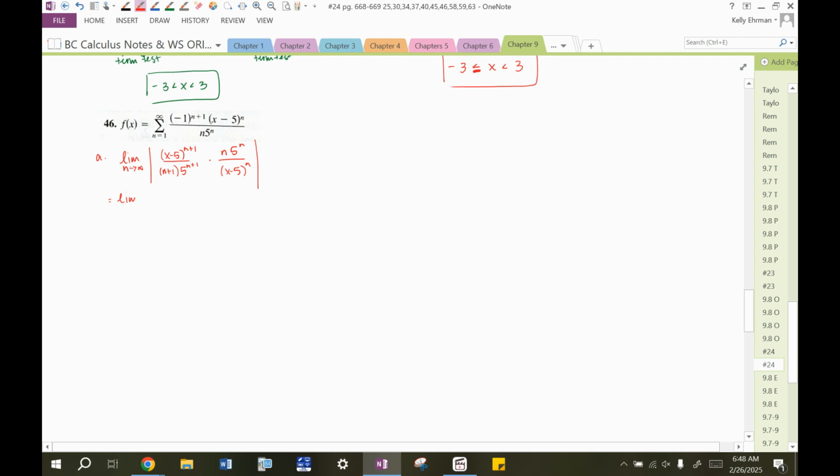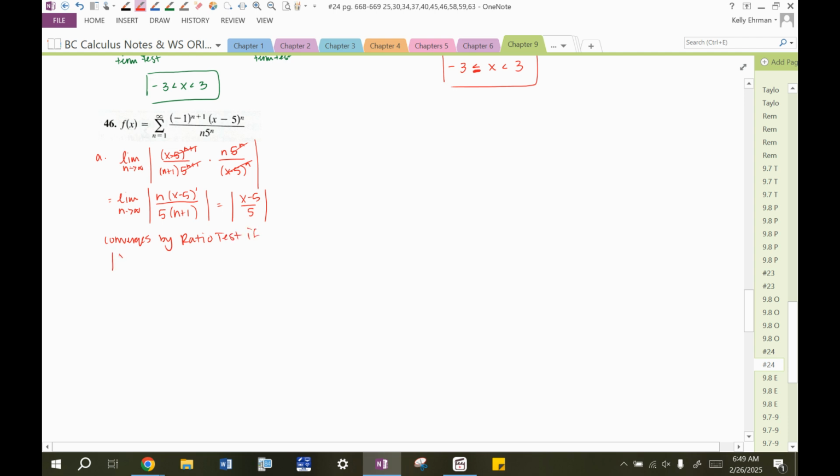And what will we have left? So there's lots of stuff to cancel. This n will stay here. I'll have an x minus 5 to the first because those n's cancel. I will have a 5 to the first in the denominator and an n plus 1. So this limit comes out to the absolute value of x minus 5 over 5 because n over n plus 1 approaches 1. And so this series converges by the ratio test